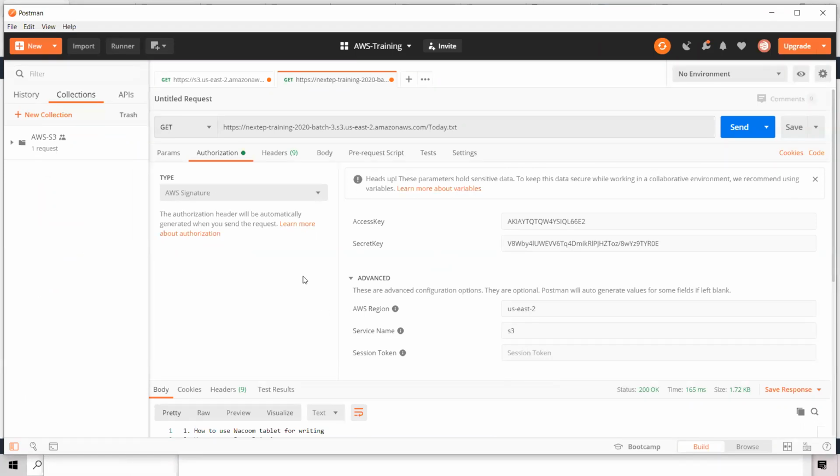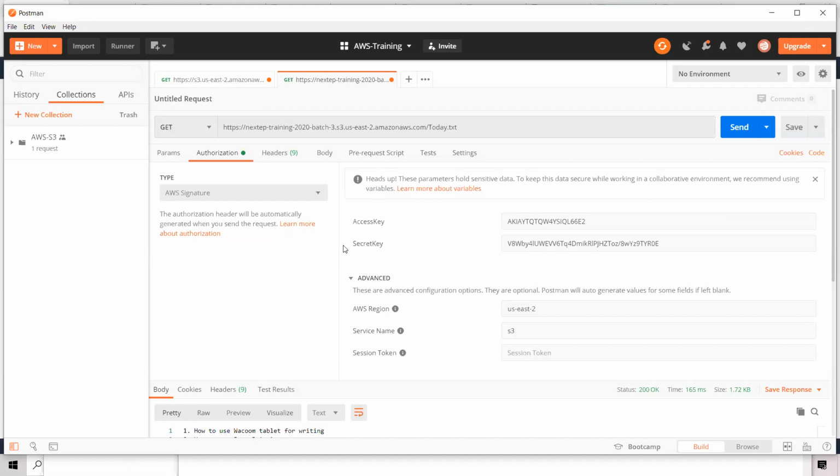So under the hood, when you put in the type AWS signature, what it does behind the scenes is create an HTTP header. It uses a complex algorithm. It's not a simple base64 encoding of your access key and secret access key. It will do it using HMAC and other algorithms. It encrypts all of this information, puts it in an HTTP header, and sends it across the wire over the internet, of course through an SSL tunnel.